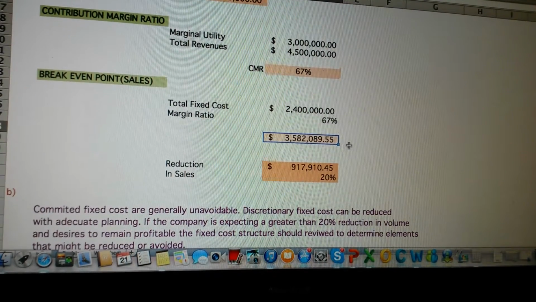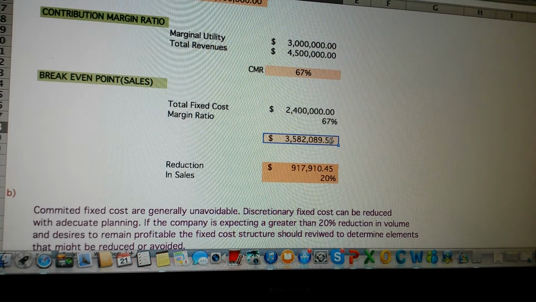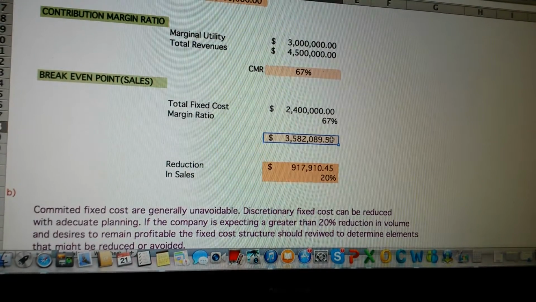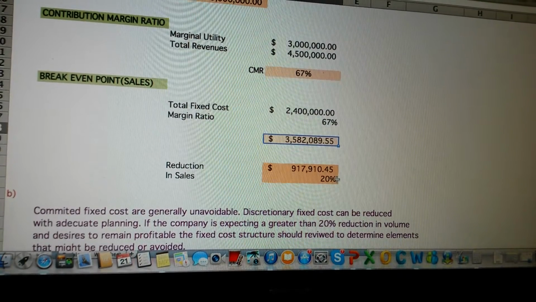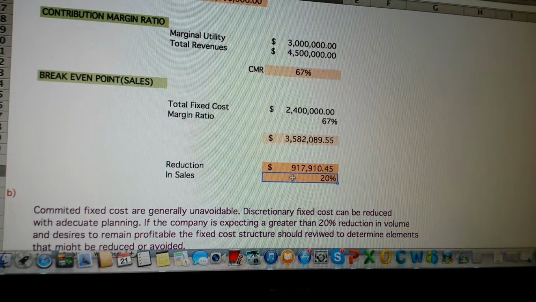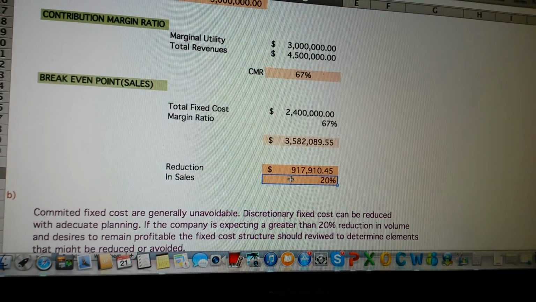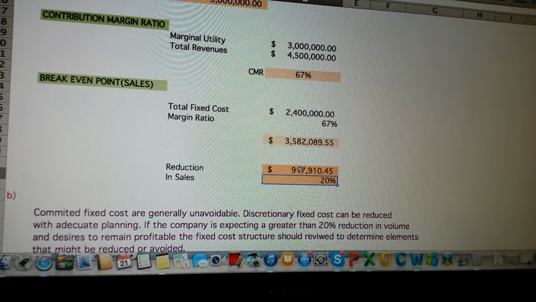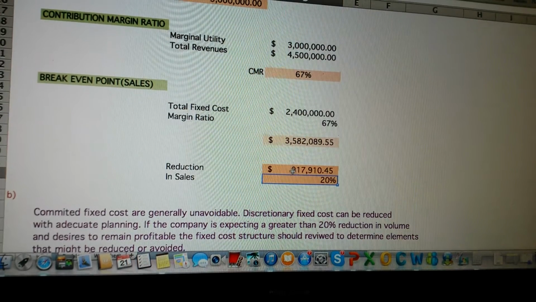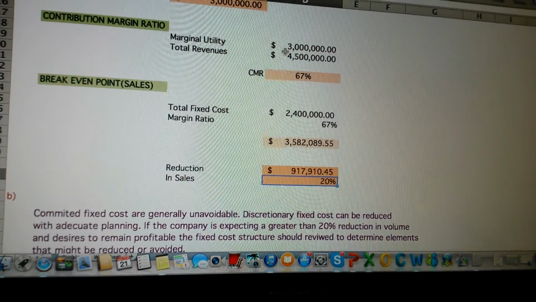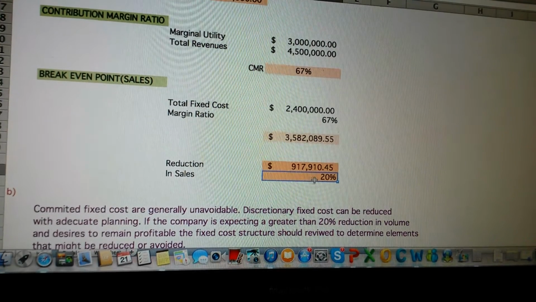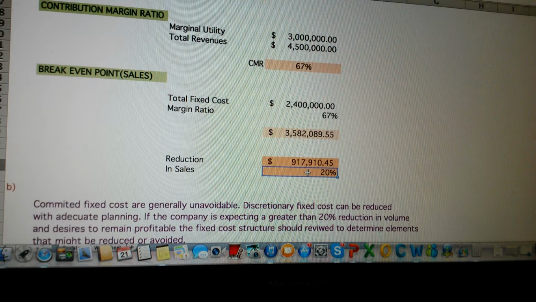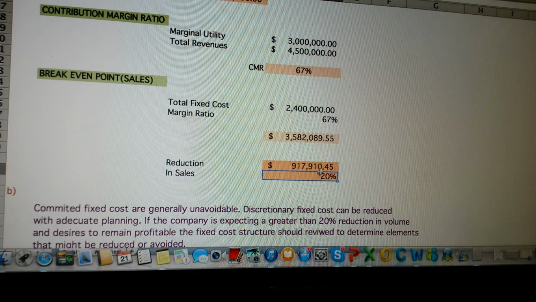So the problem asks how much the company can absorb. It can absorb 20% because, by the formula, the reduction that we obtain here we divide by the total revenues, and that is when we obtain the 20%. So the company can absorb 20%, and the reduction is of this quantity of money. In units, it's 20% of units. In money,